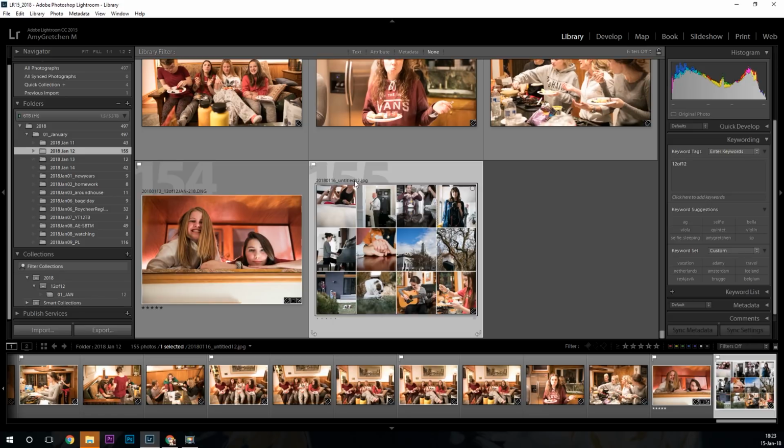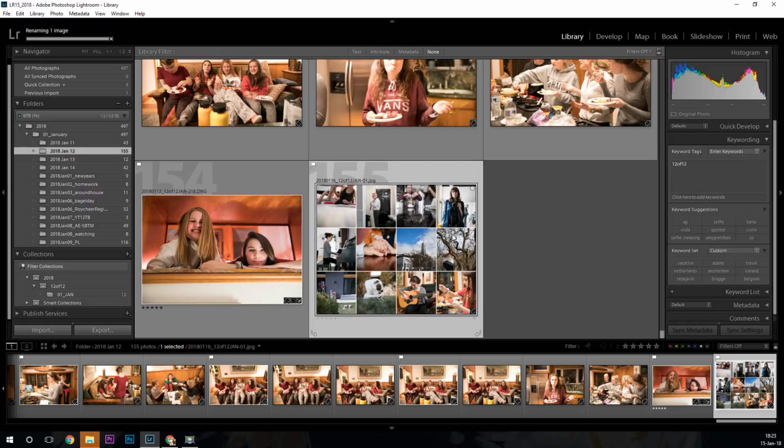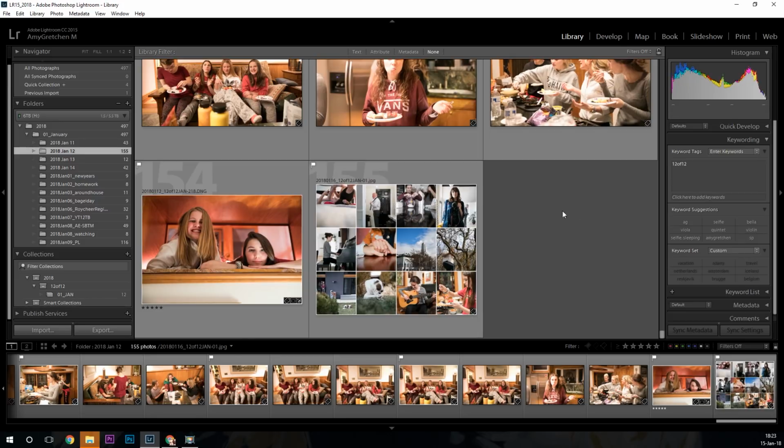And then I'm going to hit F2, click, and then F2. And I will change it to 12 of 12 January. I'll do that. But I already have something that's, oh no, it's a different date. So